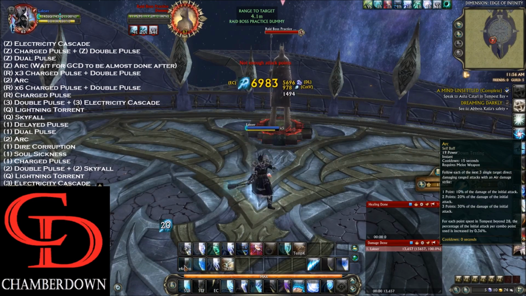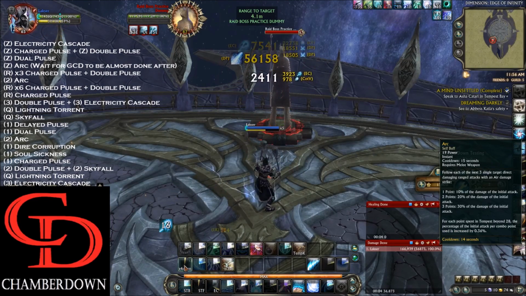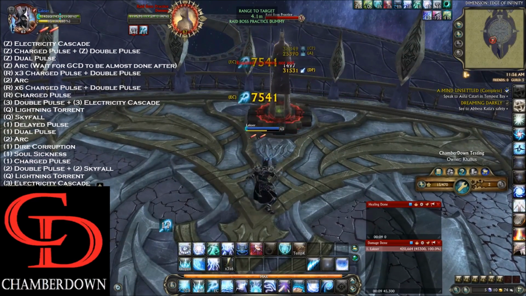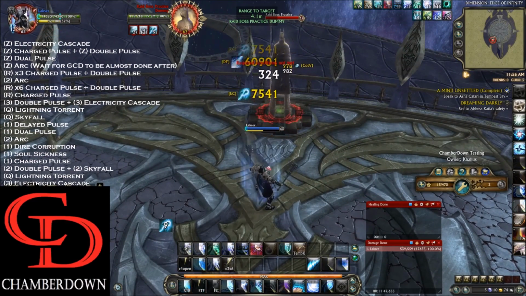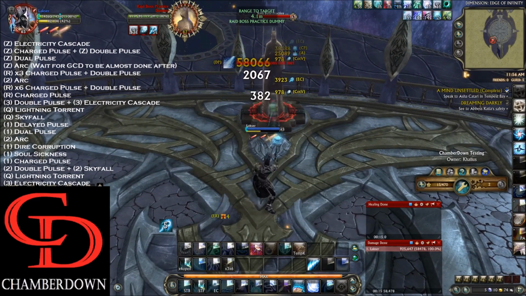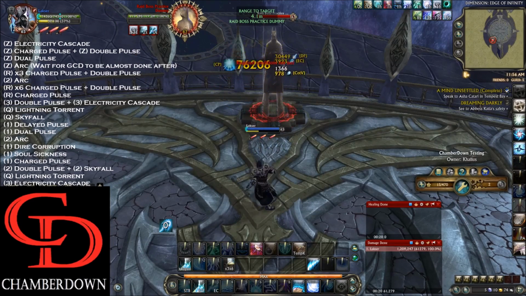So we're going to use Electricity Cascade, Charge Pulse, Double Pulse, Dual Pulse, Arc, and then right into our Wavelength as soon as that global's done. So use Wavelength 3 times, and then the Arc on 2, and then Wavelength 6 more times. So that's 2 times right there, 3 times, 4 times, 5 times, and on the 6th time, now we're going